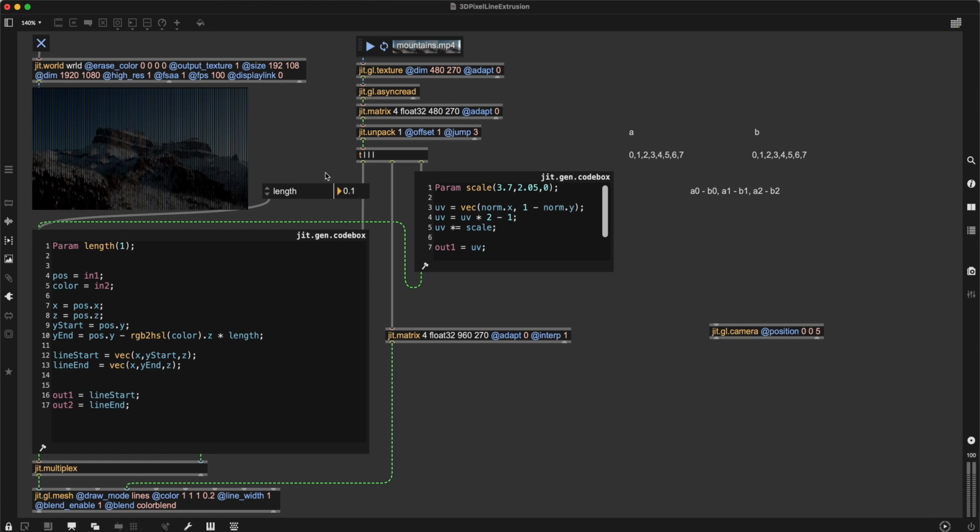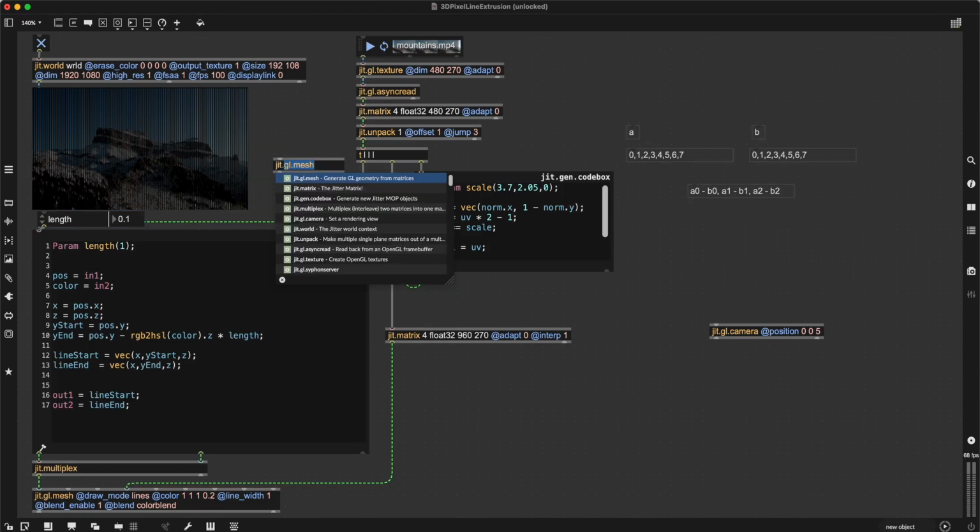But we're still missing something. What I also want to do is create some kind of a noise offset, because now they're very orderly, so they all have kind of the same distance to each other. So let's mix this up a little and create